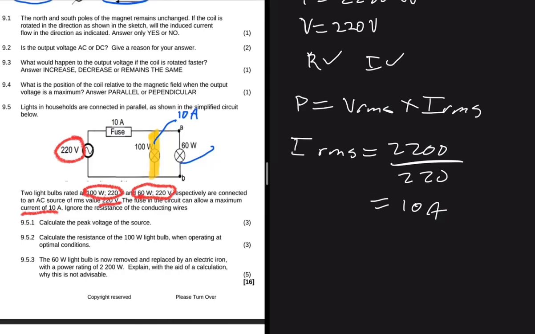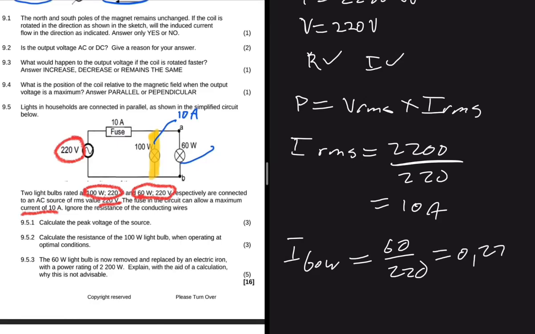So okay, fine. Current of the 60-watt bulb will be equals to the power divided by 220. So let me just put that in my calculator real quick and see what we get. Where's my calculator? Okay. So we have 60 divided by 220, which is equals to